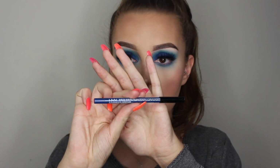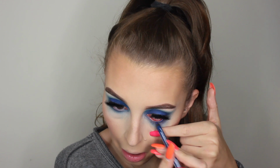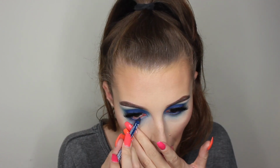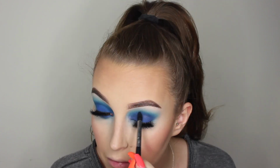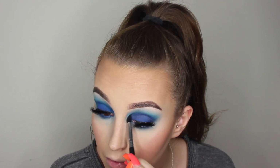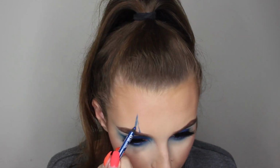Then I took the NYX Slide On Glide On pencil in Sunrise Blue and I just took this in my waterline and then I merged this in with the eyeshadow and blended that all out. Then I went back in with that same colour just to make sure everything was blended, and then I started on the details. So I took the exact same NYX pencil and just made the triangle effect on